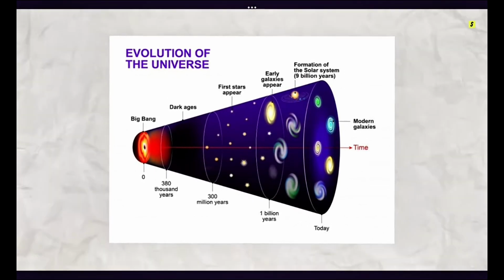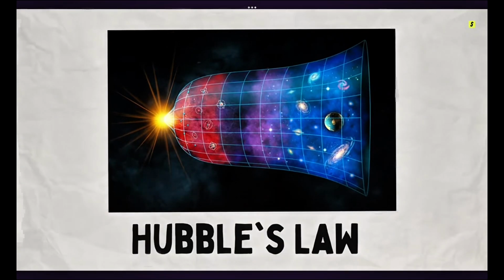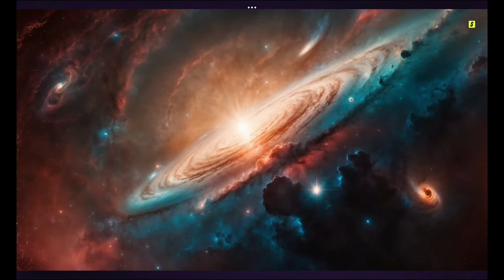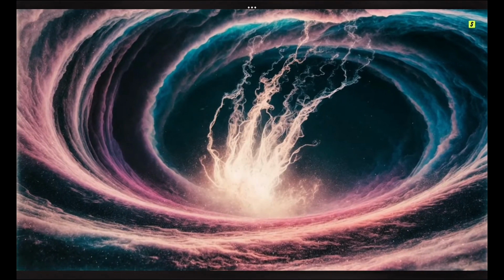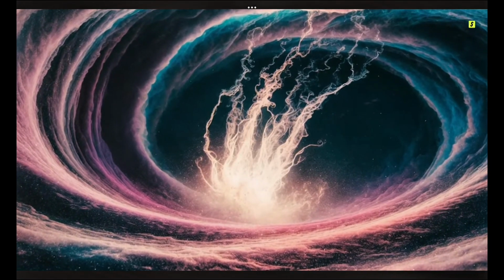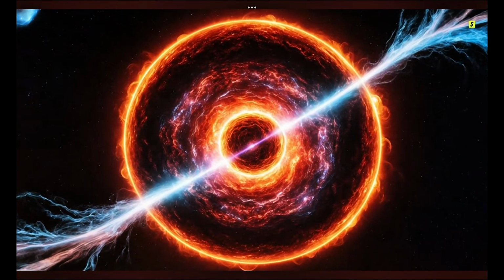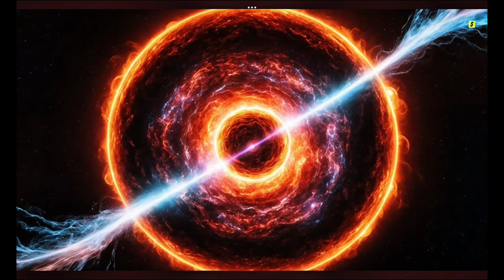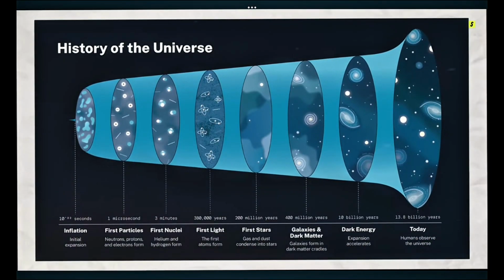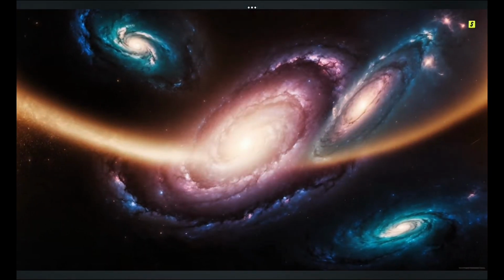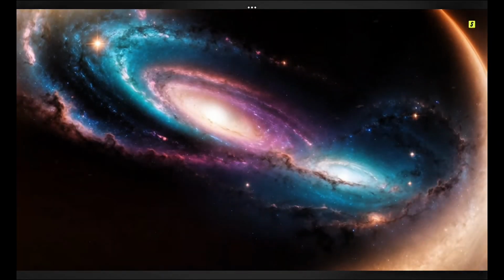This phenomenon, known as Hubble's law, indicates that the universe is expanding uniformly, consistent with the predictions of the Big Bang Theory. Understanding the Big Bang Theory helps us comprehend the vastness and complexity of the universe's origins. It explains how galaxies formed, stars ignited, and planets came into existence over billions of years. Scientists continue to study the universe's evolution using telescopes, particle accelerators, and mathematical models to explore its mysteries and uncover new insights into our cosmic history.